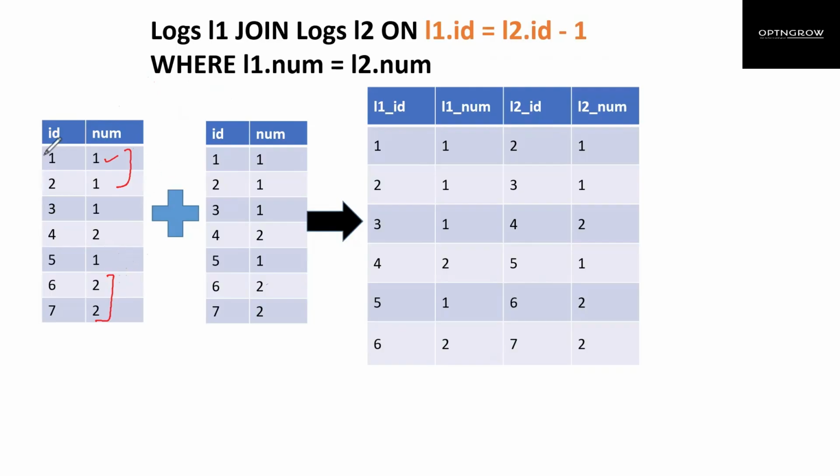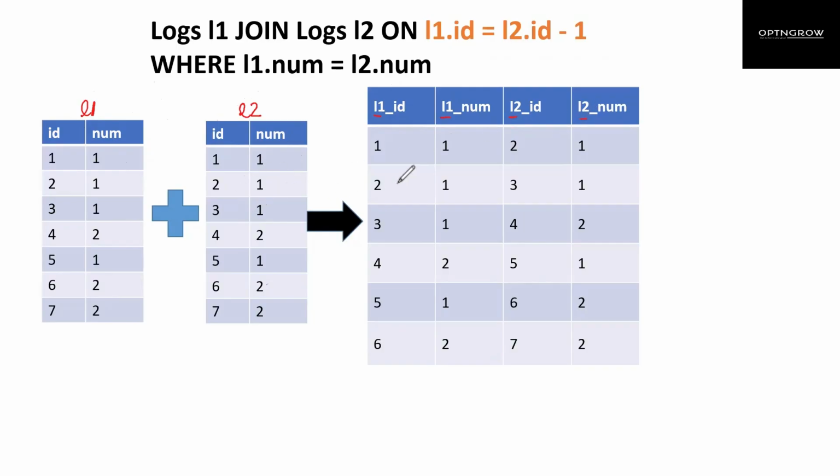In order to solve this, we are going to make use of self join. You can see over here, this is our input table, and this is the same table. We are joining the same table, so it's a self join. Let's say this table name is L1 and this table name is L2. It's the same table, but we have given different names to it. Now how we are going to join it? You can see that this column is coming from L1, this column is coming from L1, this column is coming from L2, and this column is coming from L2.